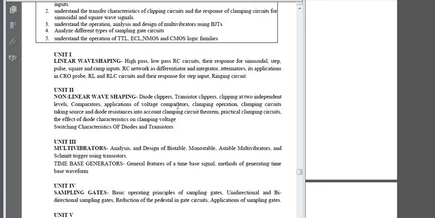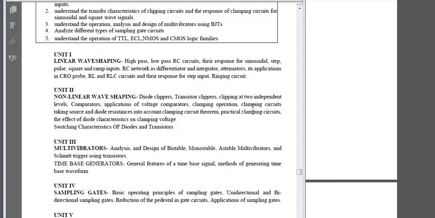I request all the students, please go back to the last classes and revise the applications of voltage comparators, which are mostly used in pulse time modulation, that is, pulse width modulation and pulse position modulation. They can also be used in phase meters, and they are mainly used to generate square waves from sine waves. Whenever you give a sine wave as an input, you are able to generate the square wave by using these comparators, and they can also be used in timing marker generation for your sine wave. Okay, so these are all the applications. I have listed 3 to 4 applications. Please once again revise that. I'll be sharing the link of that particular class along with this one.